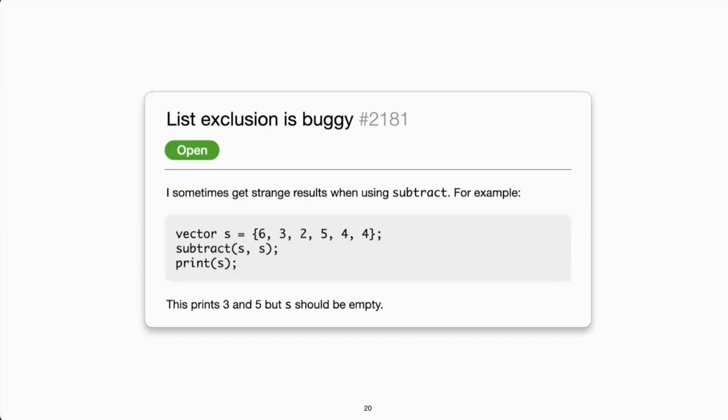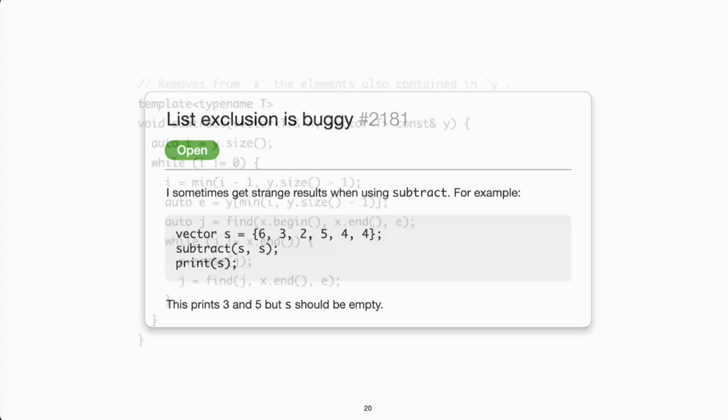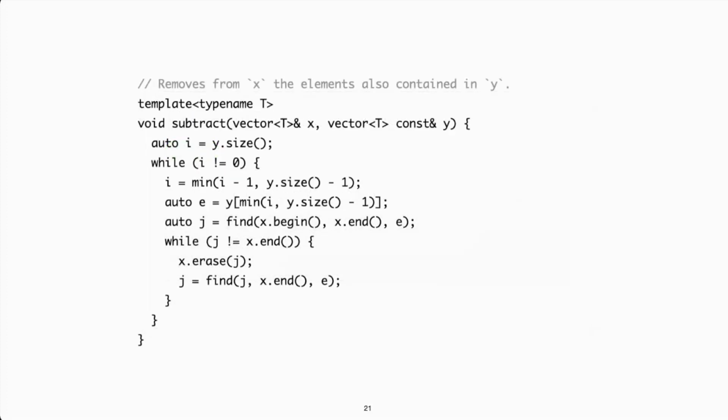And now that you think about it, you have a pretty good idea of the problem. If X and Y are the same array, then iterating over the latter while you're removing elements from the former will surely mess with your indices and will cause a bunch of issues, like in the example here. So you go back to your code to fix the problem. Well, rather than iterating lively over the second vector, you'll start from the last element and make your way back.